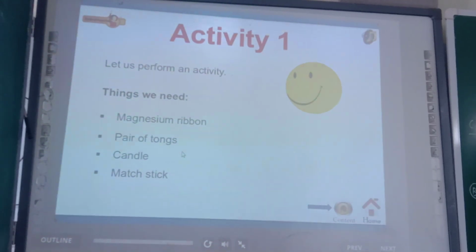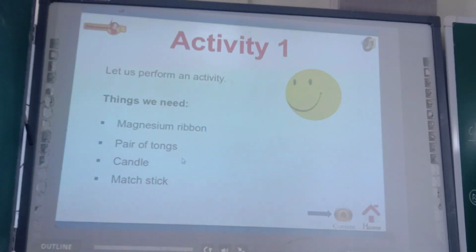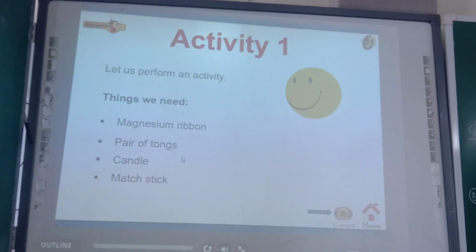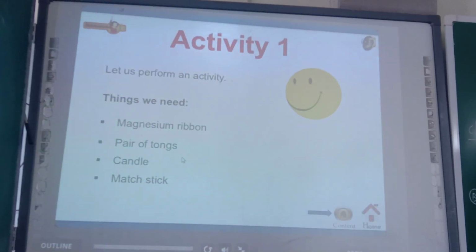So okay dear cadets, whatever chemical reactions were given in your syllabus, almost everything is completed in that video. The reaction of sodium carbonate with HCl, vinegar, and everything. Now let us perform some activities. So now in the extra marks, a very good facility is there to show you the activities. So just see, let us perform an activity.